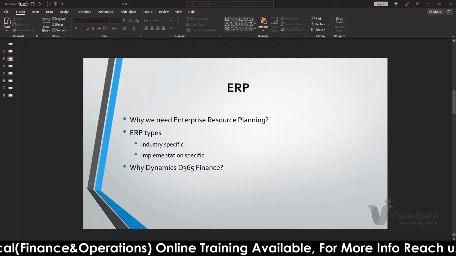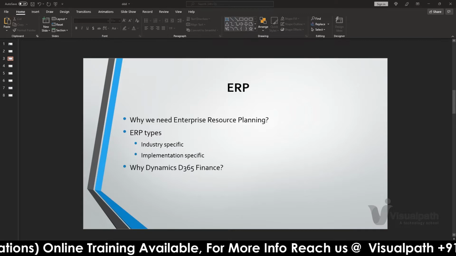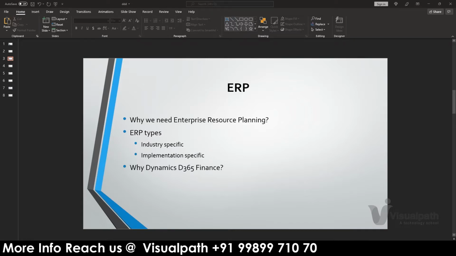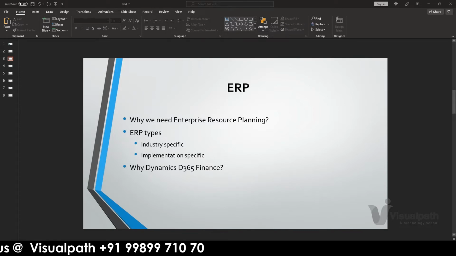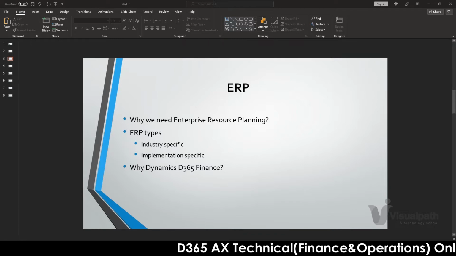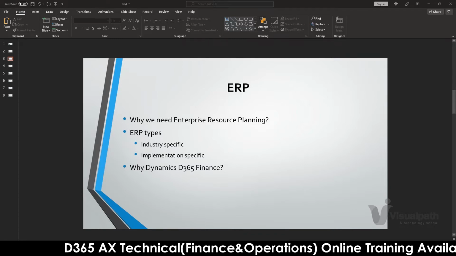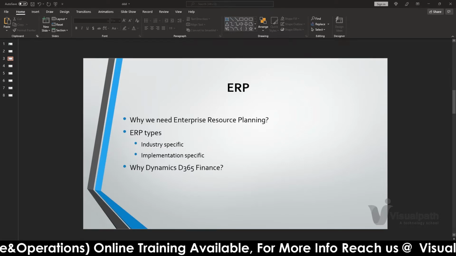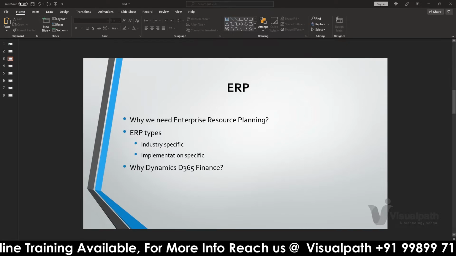Okay, and we also have a cloud-based ERP, which is Dynamics 365, what we are looking at now. This will enable us to access real-time data as long as we have internet. That's the main advantage of a cloud-based ERP.